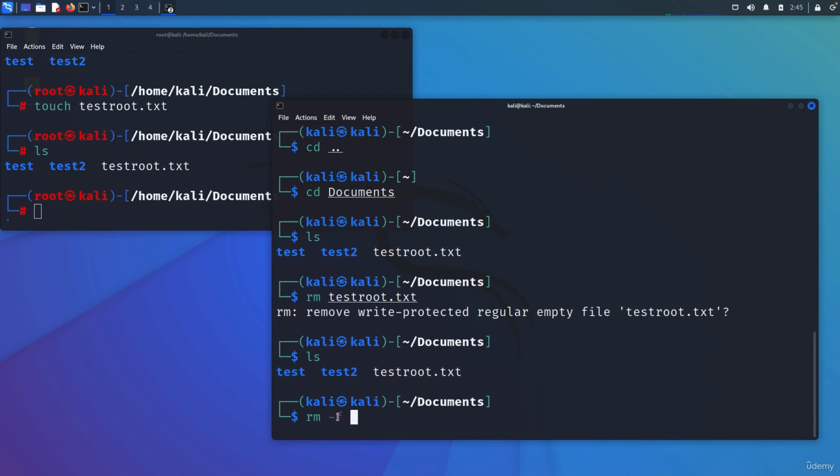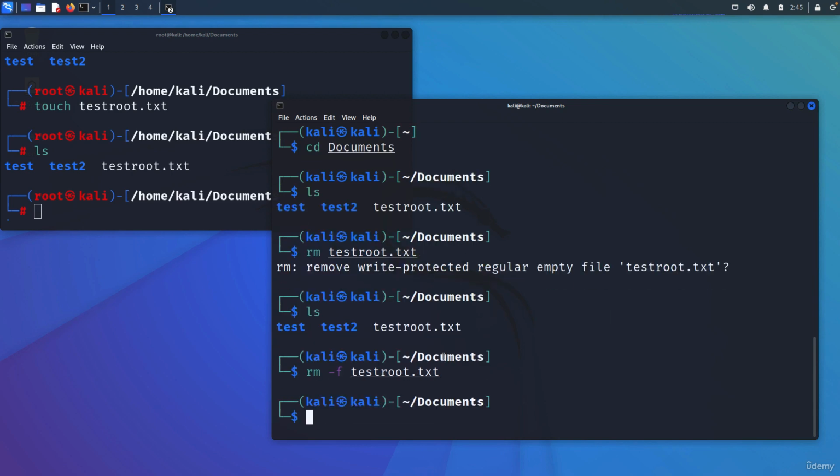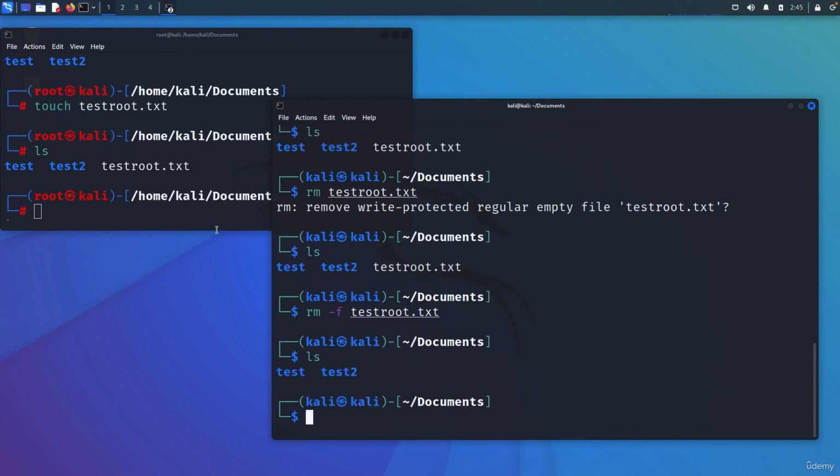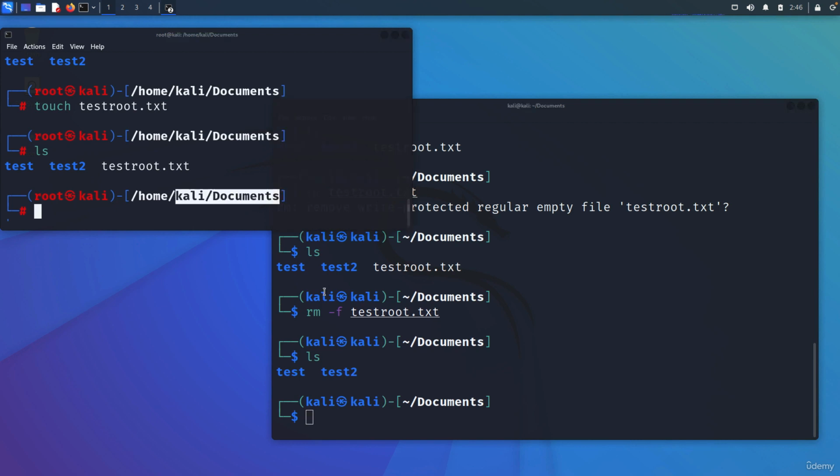And remember, -f stands for force. So force it to be deleted in any case, and I can do that because it's in my folder. Even though root created it, I can delete it, but I cannot even write it. Okay, I cannot even edit it, and we're gonna see it in the upcoming lectures. But the idea over here is that root can go into any files and folders, it can change it, it can create new files, it can delete users, it can delete folders, it can do whatever you may want it to do. So root is the most privileged user inside of a Linux system.